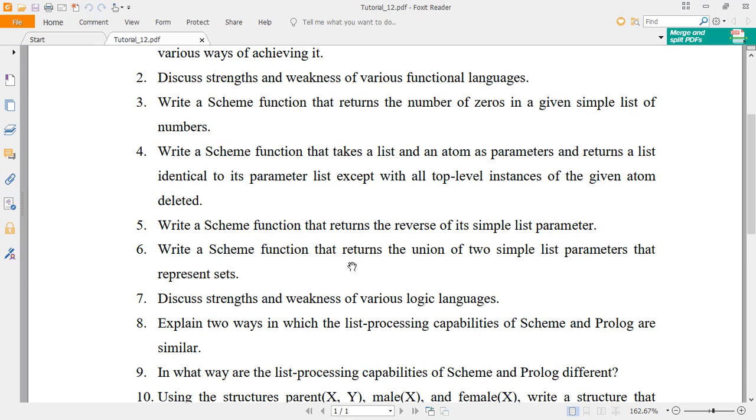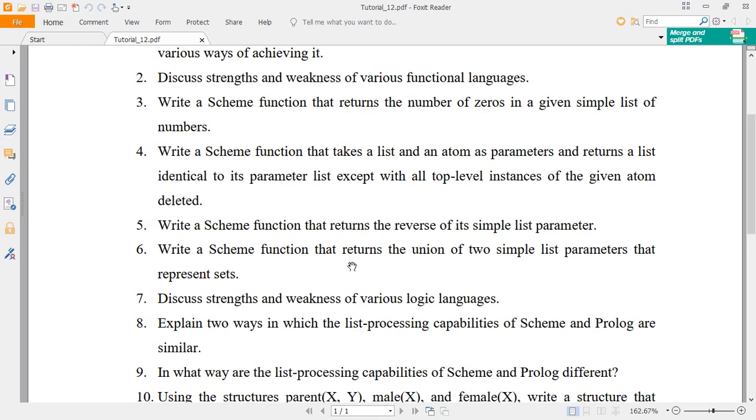Again here CAR, CDR and creating a new list will be useful. The functions related to that are CAR, CDR and new list. In order to create a new list, what are you supposed to do? You have to use the list function to create a new list. And at the same time you are supposed to add the independent atoms to the list. So for this CONS is also useful.